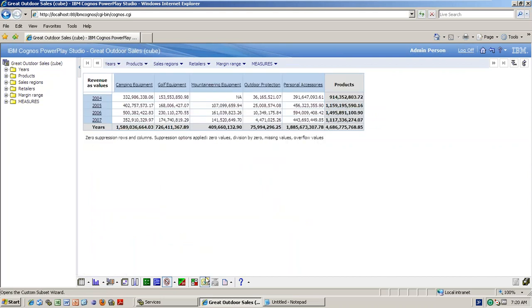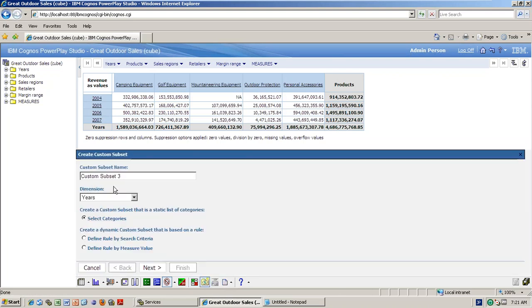Okay. So that is what custom subset. Custom subset here in the Power Query Studio, very valid feature. You can select any value, but in the Analysis Studio, you need to select like this, right? You need to select like this and right click and then custom subset. But here you can select inside levels also. So for example, if you select, it will show you all the dimensions, and you can give the name also, a proper name. Instead of custom subset, you put here high priority months or something like that. Okay.